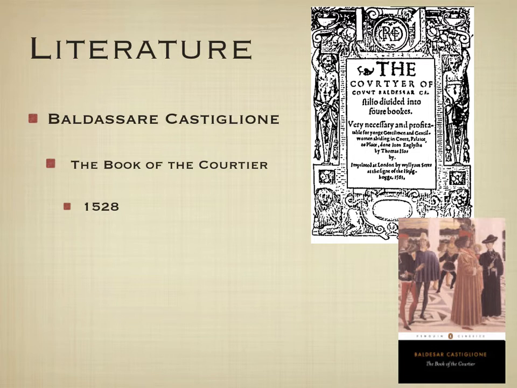All right, we do have literature at the time. Again, this is an imitation of much of the classics, and when we talk about classics, we're talking about the Greek and Roman classics that are making their way back to the Western world. Also very interesting at the time is the text here. This is Castiglione's The Book of the Courtier. And what happened is we have a monarchy government, and the lives of Renaissance men and women were that of the courtiers, and this is the upper classes.